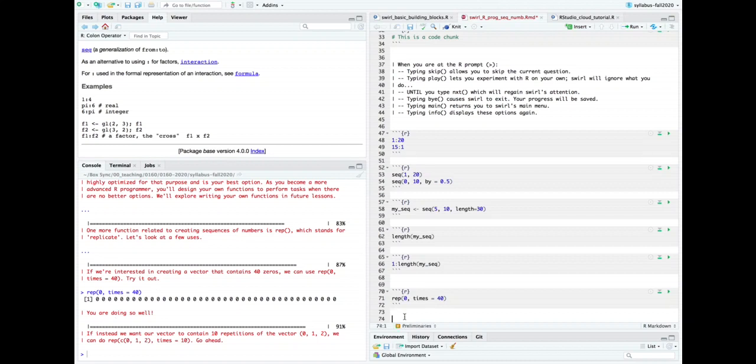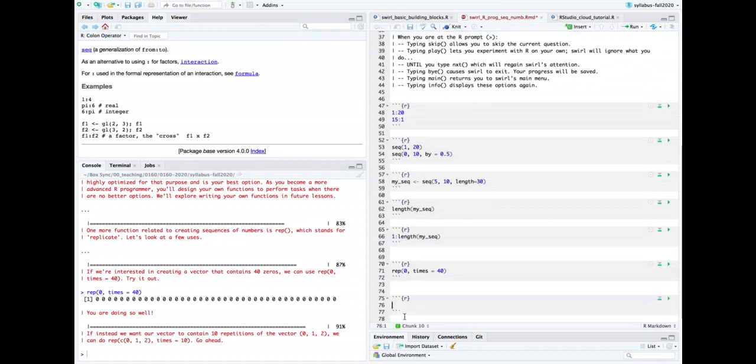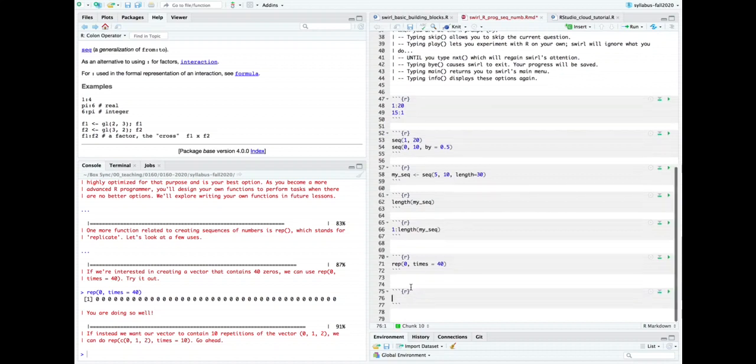One thing about R is that it loves vectors. And we talk a lot about R in terms of vectorized code. You can give R a vector and you can do actions on it. So for example, rep doesn't just take 0 or NA. We can give rep here a vector. The c operator creates a vector. So I'm going to create a vector that contains 0, 1, 2, and then I can replicate that vector 10